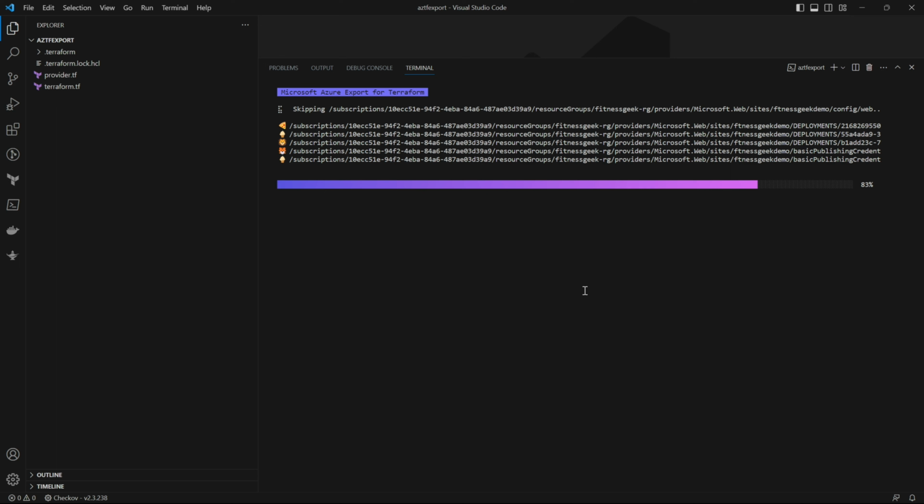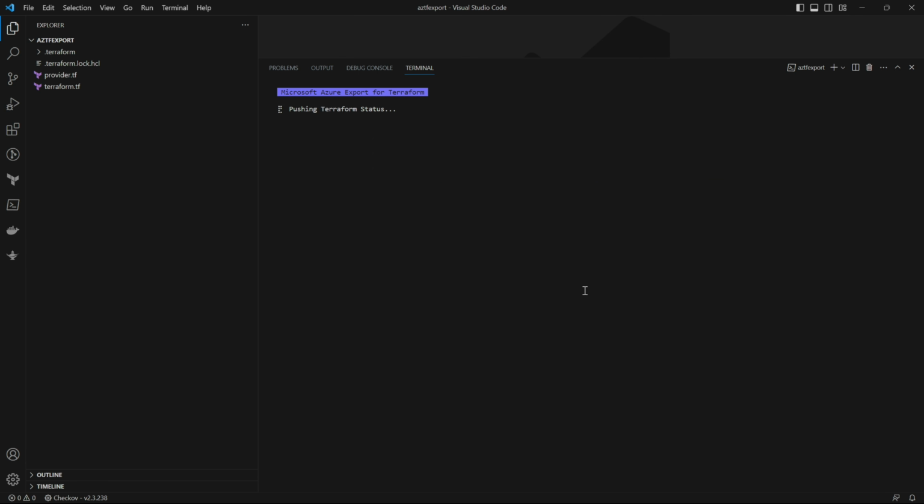It's going smooth so far, 83% completed, generating Terraform configurations. So it should create a main.tf. Yep, it has created. So now you see Terraform state and the config are generated at this location,